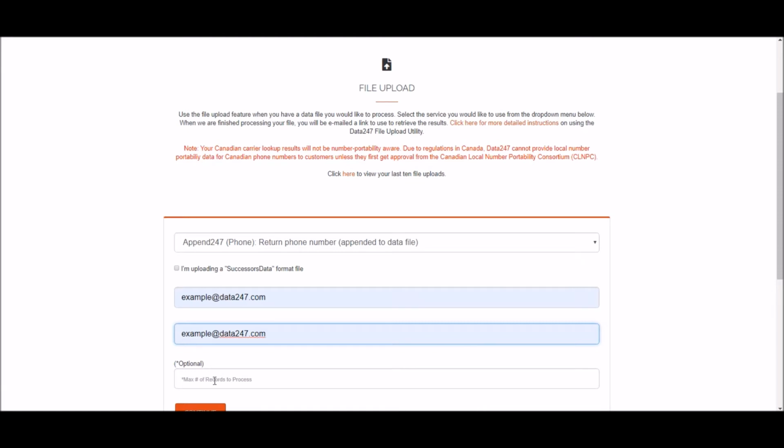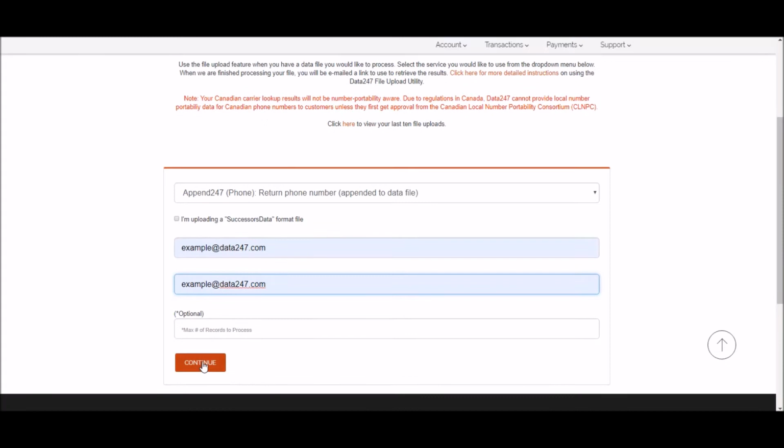This next field, max number of records to process, is an optional field. So let's say you had a larger file of client contacts and you only wanted to process the first 1,000 records. You could put 1,000 in this box, and we would only process the first 1,000 records of that file. So next, click Continue,